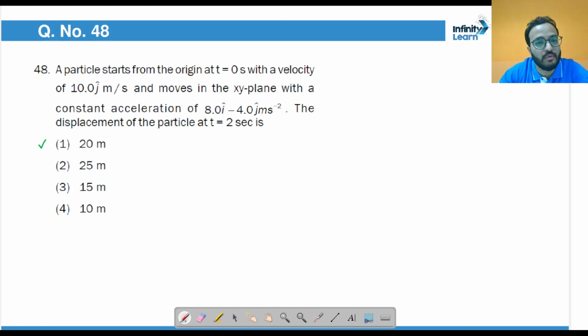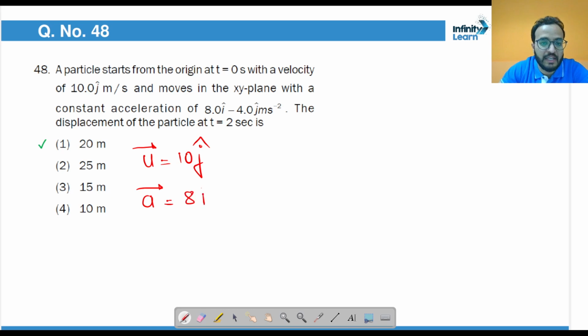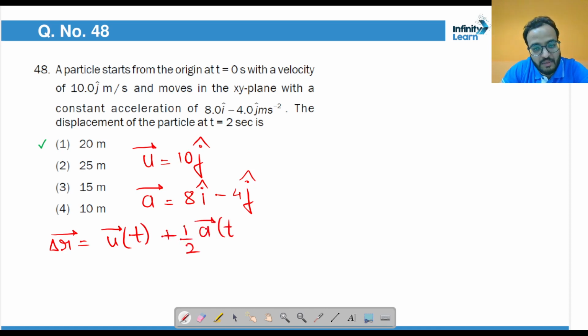48. Very good. See, they have given you the initial velocity vector, it is 10 j cap. They have given you the acceleration vector 8 i cap minus 4 j cap. Displacement after 2 seconds. See, what is this displacement vector? Vector u into t plus half into vector a into t square. Time is how much? 2 seconds, right? So it is 20 j cap